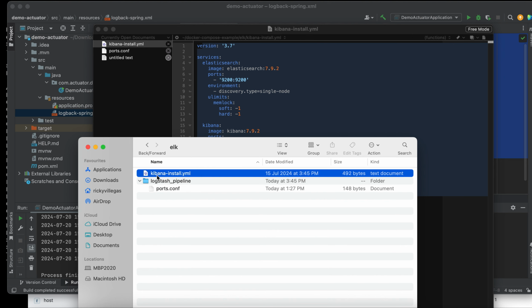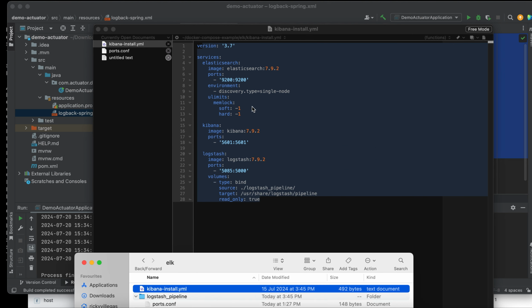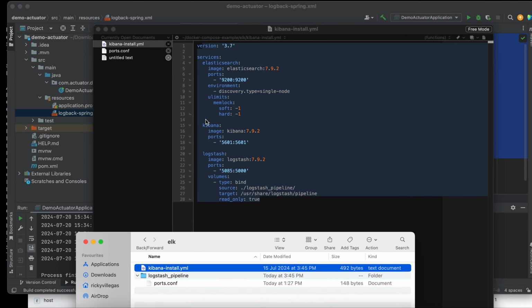One is the Kibana install YAML, where we install the 3 services, Elasticsearch, Kibana, and Logstash. Alright, after installing those services, there are some ports that we need to use, but we are not going to change this, right?